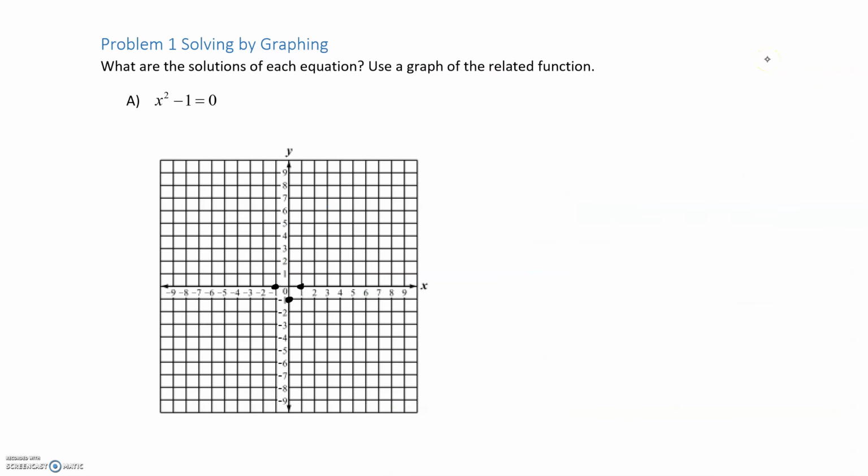Okay, so if we go over to -2, we're going to go up to 3 and graph it. And if we go to +2, we're also going to go up to 3 and graph it. So our parabola should look something like this. Okay, and our solutions, oops, our x equals -1 and +1. Okay,